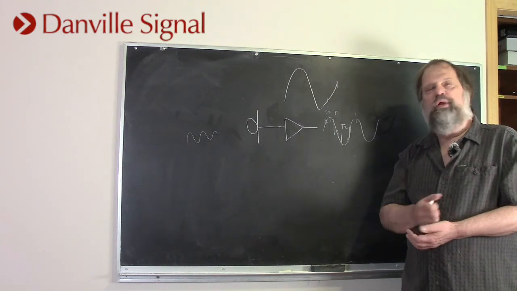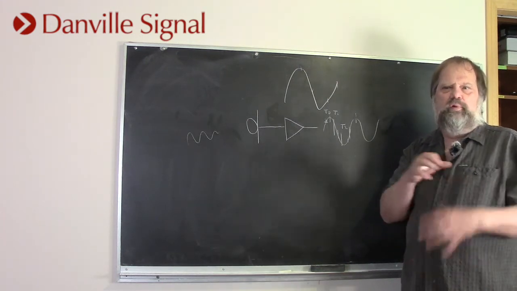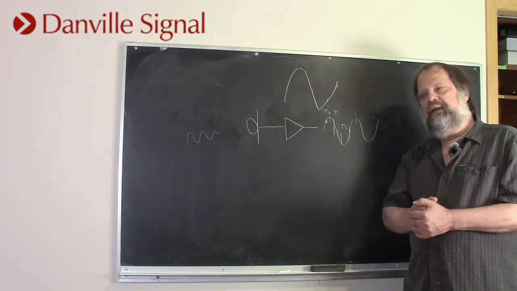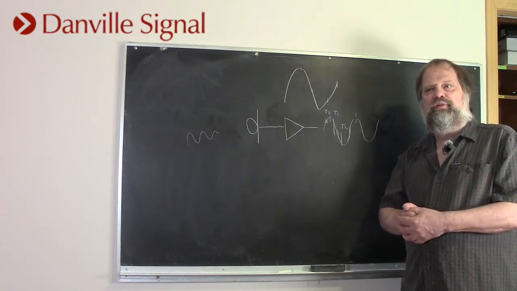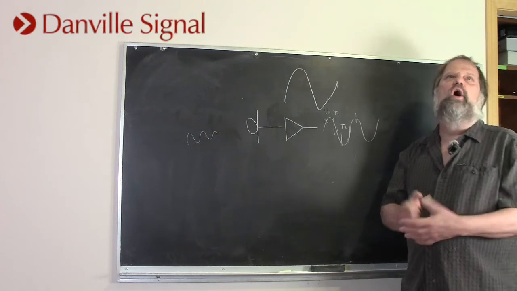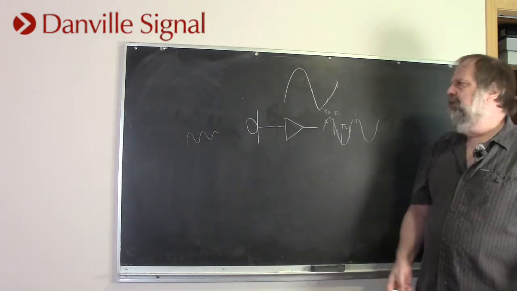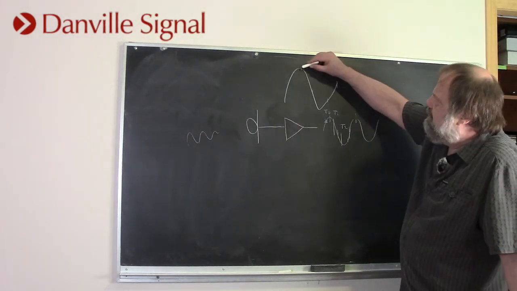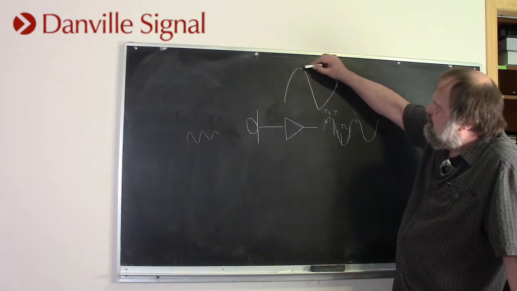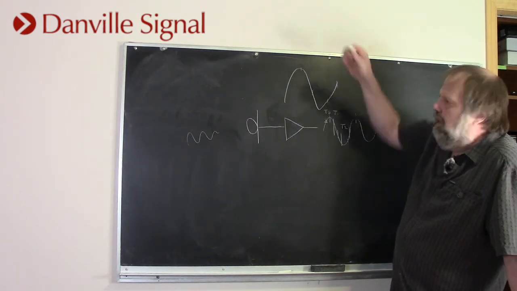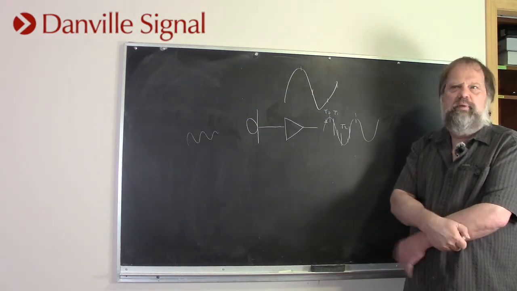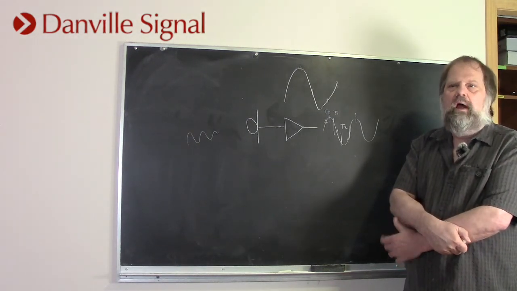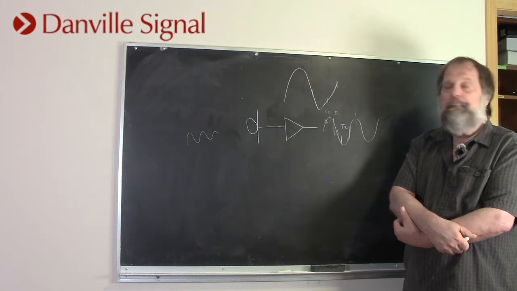20 kilohertz is a reasonable boundary. I know there are people who think there may be important things above 20 kilohertz. That may be true, but it's certainly true that everything below 20 kilohertz we all care about. There's no controversy about that. So I'm going to suggest that we can measure this often enough. In a typical high-end digital audio system, that's probably 192 kilohertz, which is pretty good.